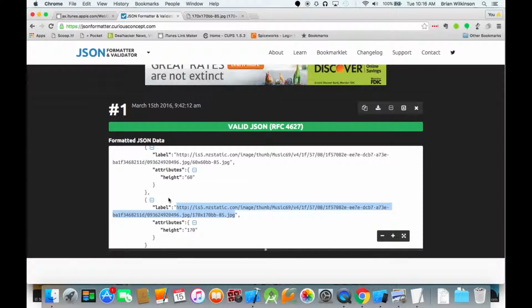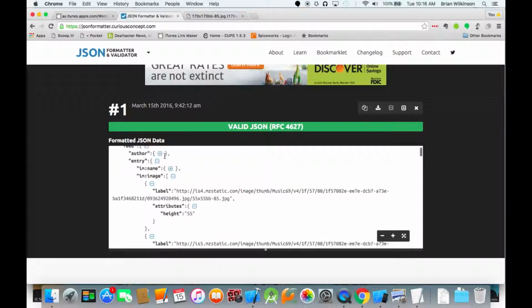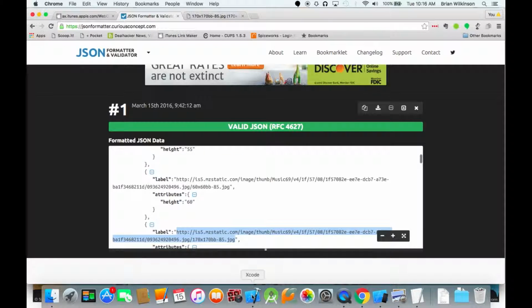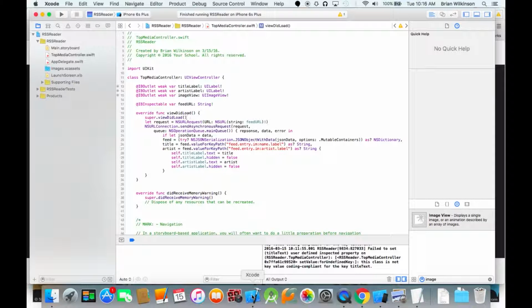And again, it's important to remember that this is an array of images. Okay, so this path, feed, entry, im:image, is a path to the images. Okay, and it's an array of images. Let's go ahead and go back to Xcode and let's add that functionality in. So I'm going to go back to the artist, okay, and